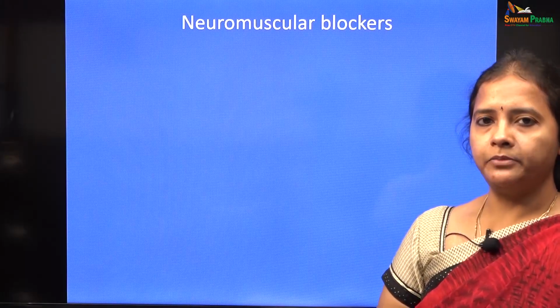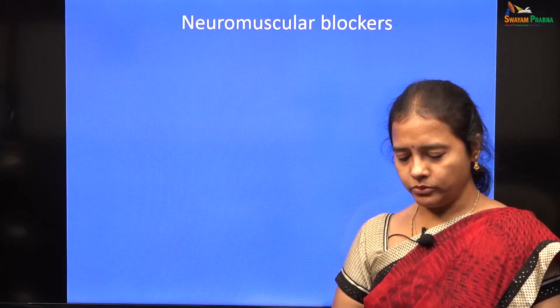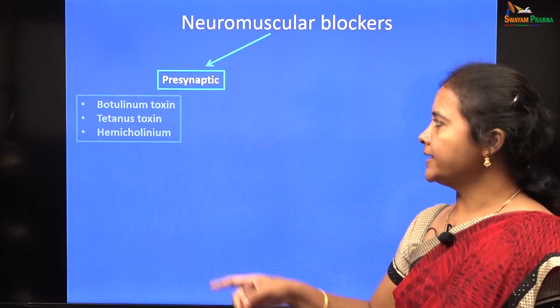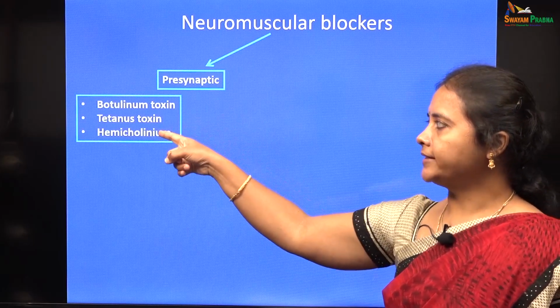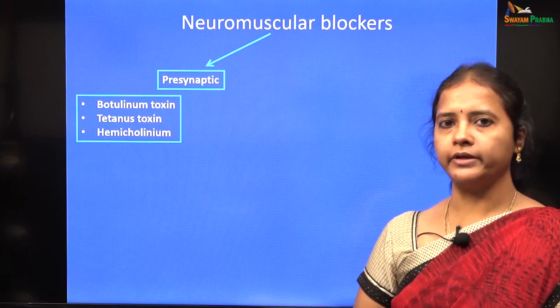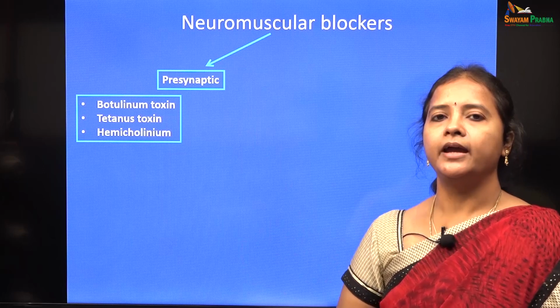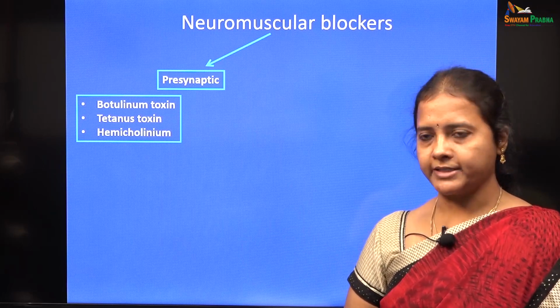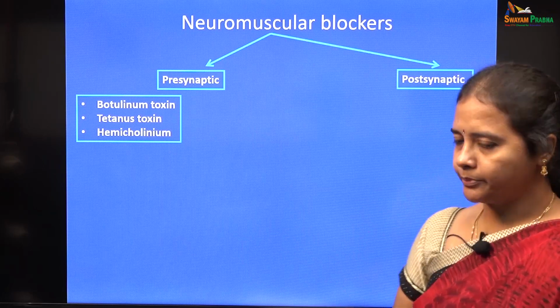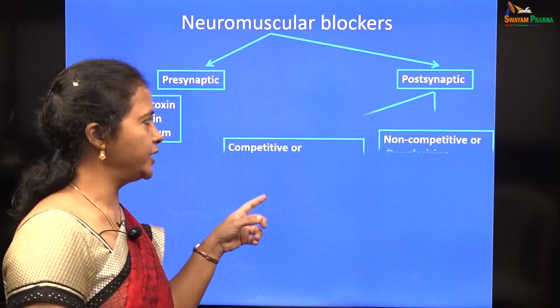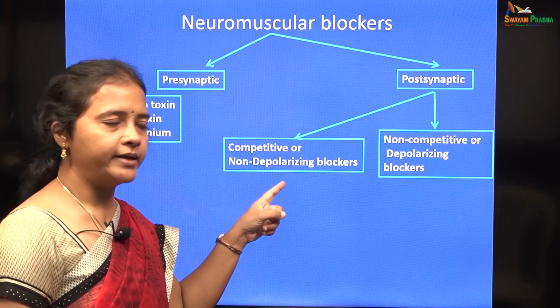Likewise, the neuromuscular blockers can be classified into three types. One, acting at the presynaptic level: toxins like botulinum toxin, tetanus toxin, and drugs like hemicholinium, or some of the agents which can act at the presynaptic level and cause blockade of transmission. And another is at the postsynaptic level. The postsynaptic blockade can again be classified into two types: competitive or non-depolarizing blockers,